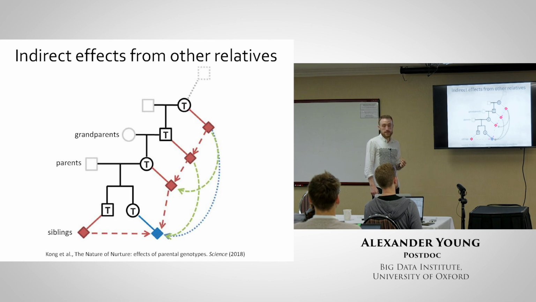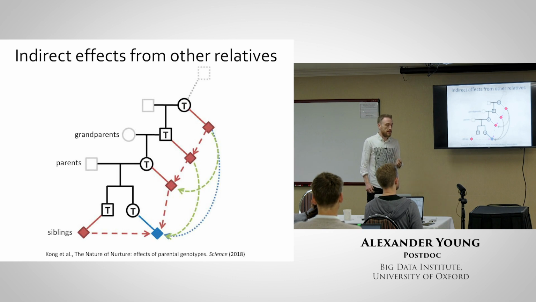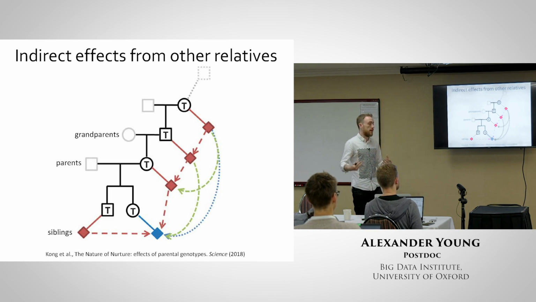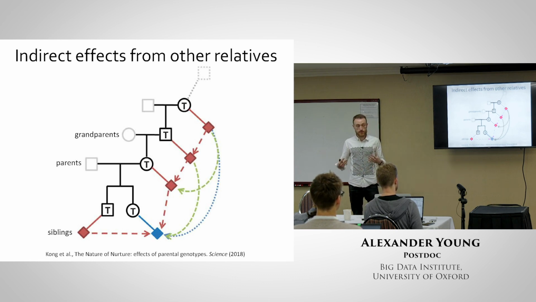It's not only parents that can exert this indirect genetic effect, it can also come from other relatives. And any sort of relative that has an indirect genetic effect is going to contribute to this gene-environment correlation because relatives' genotypes are correlated with your own. So this correlation will thereby contribute towards the GWAS effect estimate. So beyond parents, siblings are a natural relative that might influence your trait. And if there's a genetic component to that, then some of the GWAS effect estimate can actually pick up the indirect genetic effect coming from the sibling, the influence of your sibling on your phenotype.